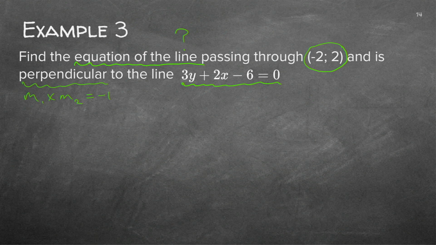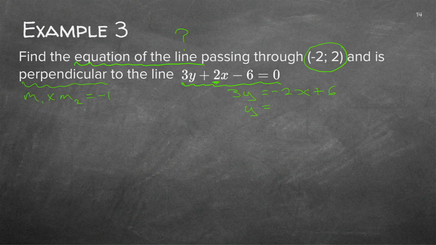In other words, I can't find the m. Remember, you cannot read off this little 2 in front of the x, because the figure in front of the x is usually your m, but it needs to stand in the correct order. It needs to be in the standard form, y is equal to mx plus c. So the first thing I do with my given equation, I need to get the y all alone, so take all the others over. Remember, if you take over, the signs change.